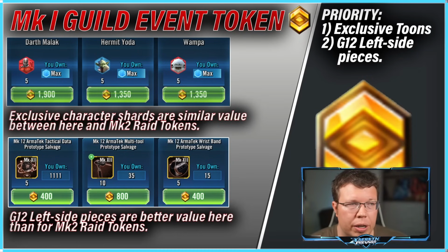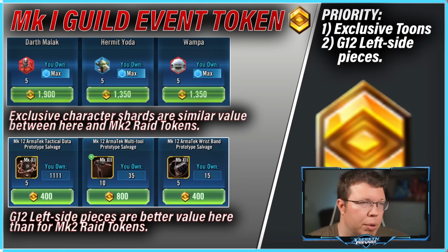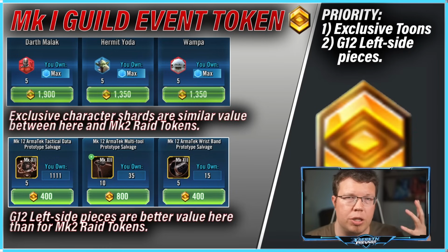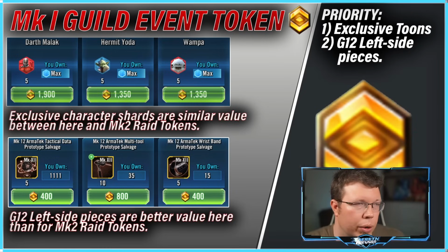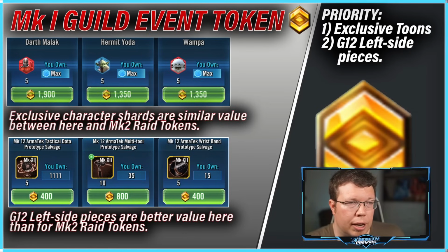So we have Guild event tokens 1, 2, 3, and then raid tokens 1, 2, 3. So let's try not to get them confused. So the Guild event tokens, we don't earn as many of those doing the Rise of the Empire territory battle anymore, but you want to buy those exclusive character shards if you can, like Malak, Hoda, Wampa. There might be a couple more, but those are going to be important. Those are the only places you can really get them, other than special events that are not that consistently showing up. So if you want to farm them consistently, use Mk1 Guild tokens,